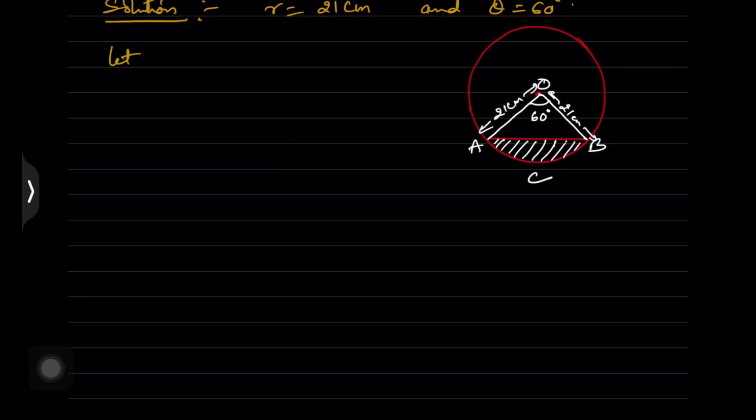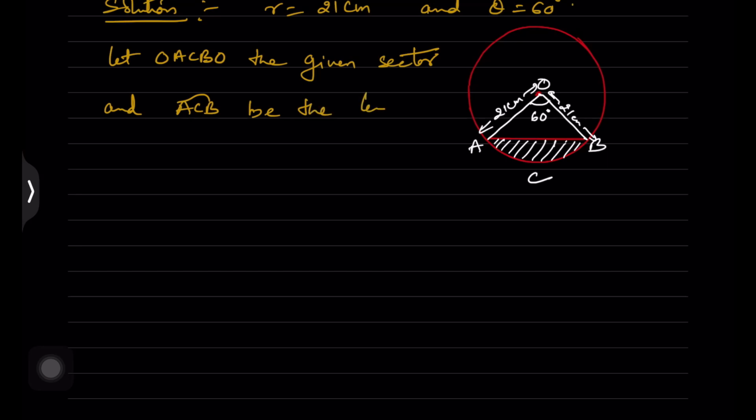So let OACBO be the given sector, and ACB be the length of the arc. Then first we'll find out, in order to find out what all are given, we have to first find out